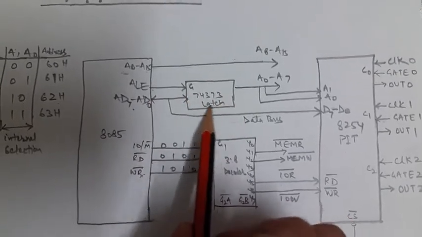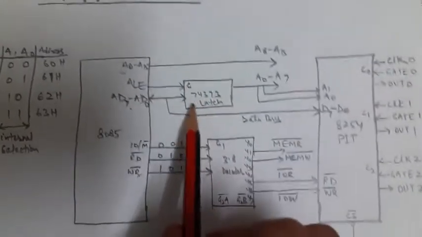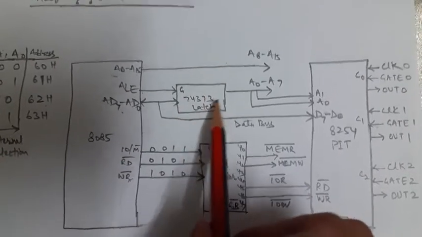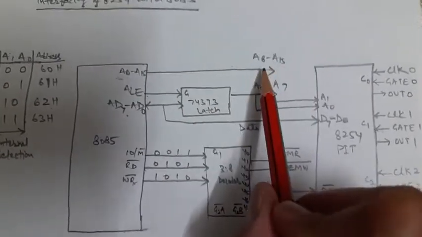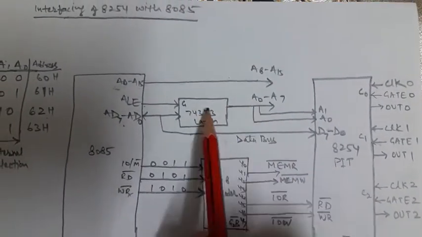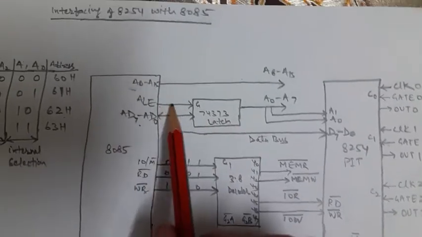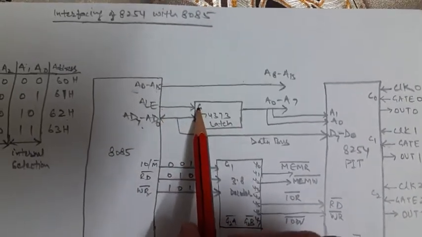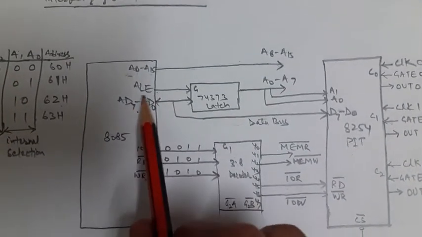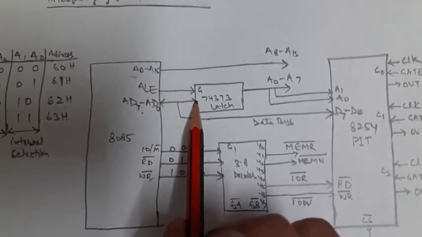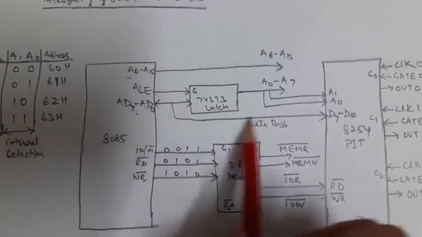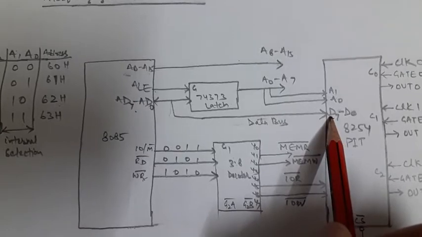Now this latch captures that address, and this happens in the first T state of the timing diagram. For the remaining two T states, this latch will provide the lower address. The higher address is always available with the higher order address bus, and the lower address will be provided for the remaining two T states by this latch. Once ALE becomes 0, this gate is closed. When ALE becomes 0, this bus contains data. So data wants to enter but couldn't because this gate is closed. Now data is separated as a data bus, D7 to D0.